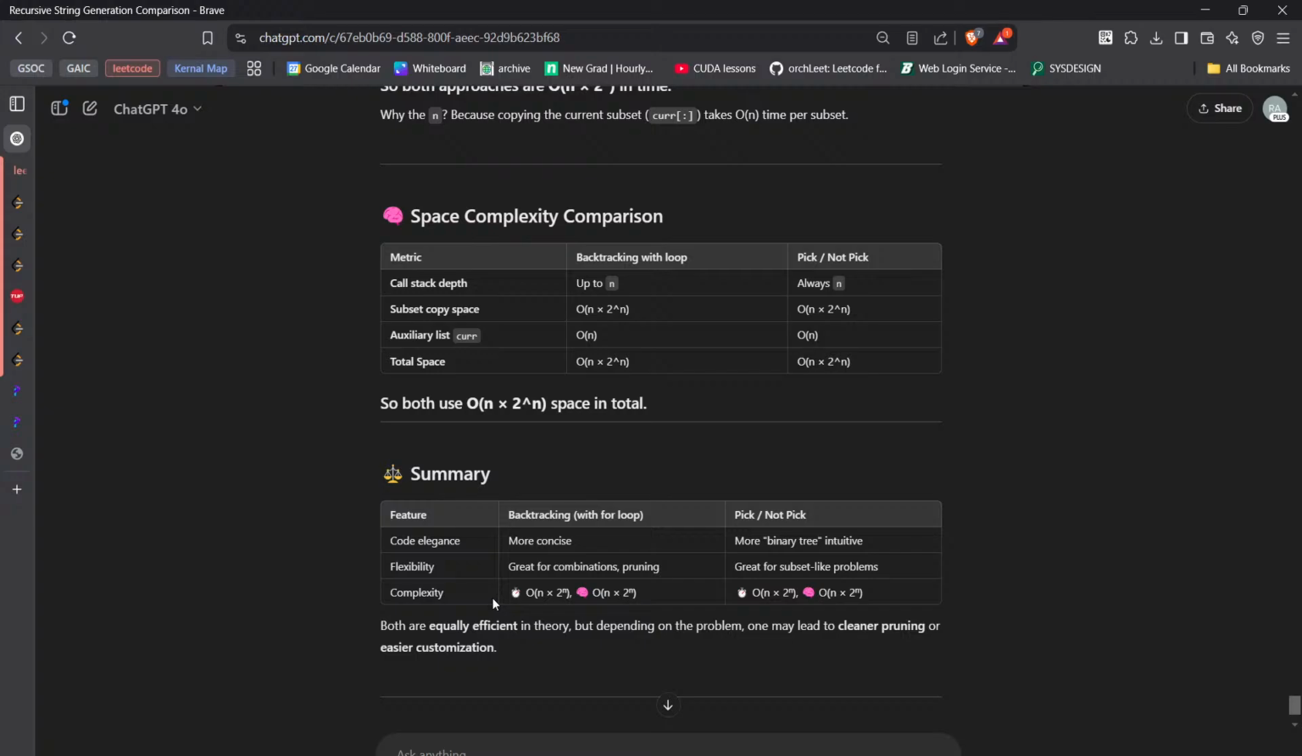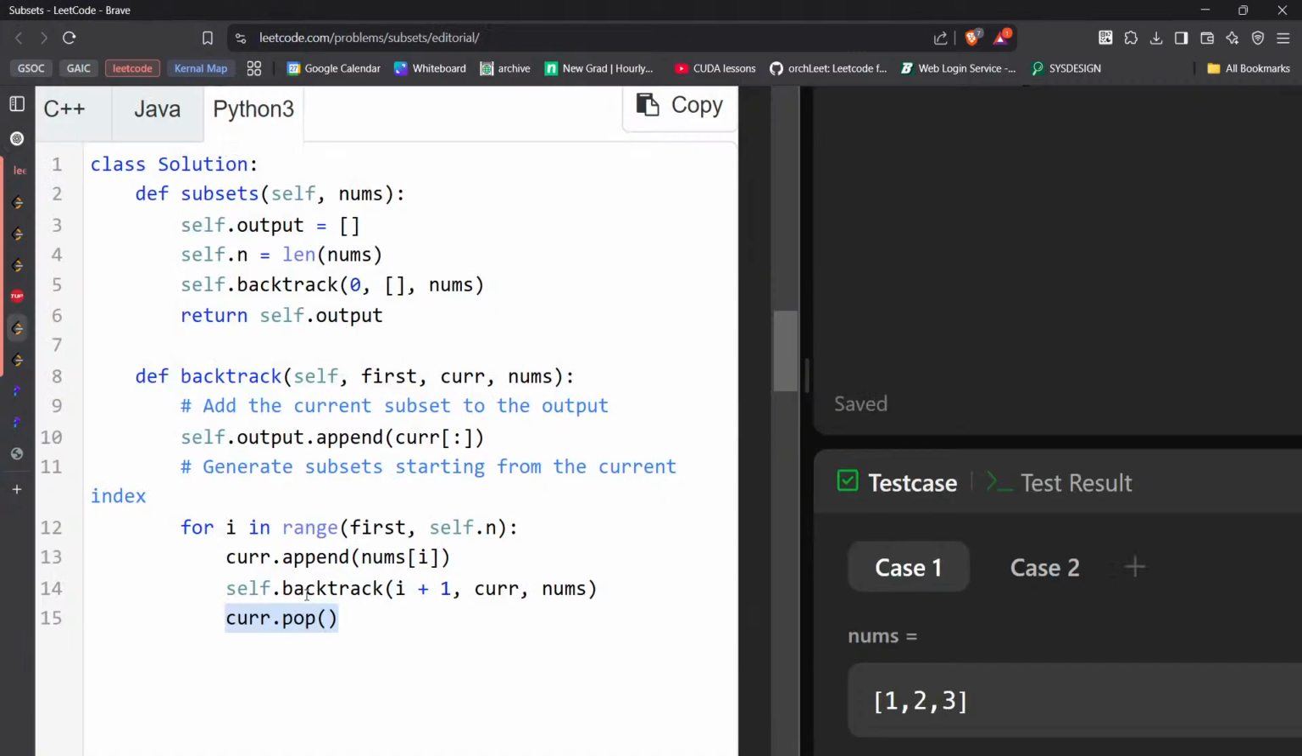Space complexity is call depth, which will go to n, plus subset copy space, which will be n into 2 raised to n. How will subset copy space be n into 2 raised to n? Is this something that I should remember? Anyways,